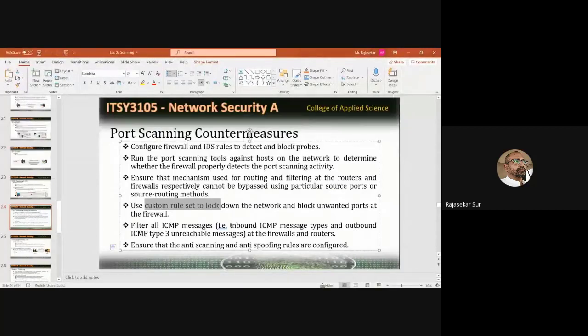So this is called an access control list, in the routers. You can create your own access control rules and block unwanted port numbers and unwanted protocols, everything you can block. This is our second lab: we are going to configure an access control list in a router, and see how you can create access control. That is called packet filtering firewalls.